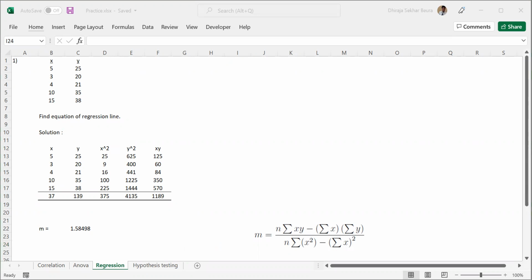Regression is somehow similar to correlation. Similar to how in correlation we were trying to find the relationship between two sets of data, here also we try to find the same thing, but the approach is slightly different. In correlation, we looked item by item, if something is increasing, whether the other one is also increasing, and so on. Here we will try to find a kind of line which goes through both the series in such a way that